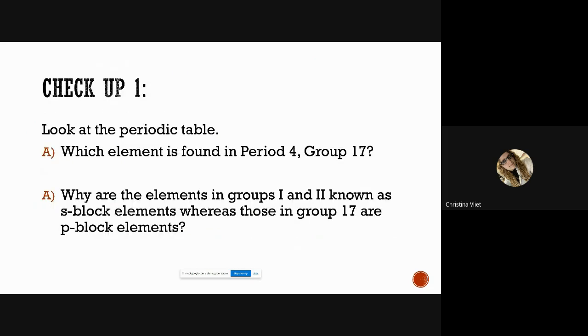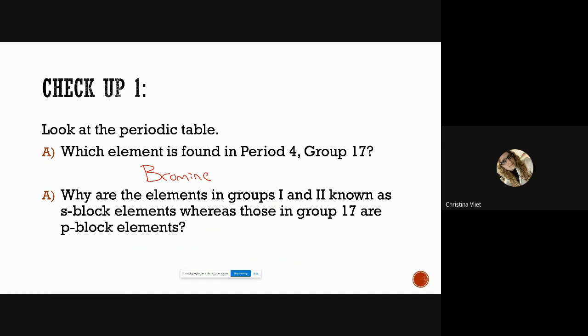Just real quick, see if you remember this. Which element is found in period 4, group 17? Like finding coordinates. Bromine. This is nothing I've ever seen an actual Cambridge test question on before, I've never seen them ask that, but this is from the textbook just to check that you remember things about